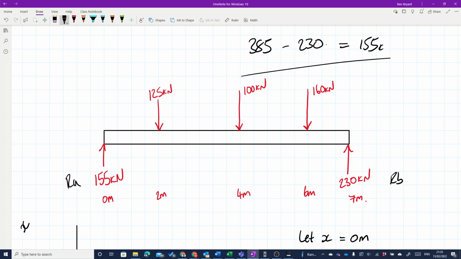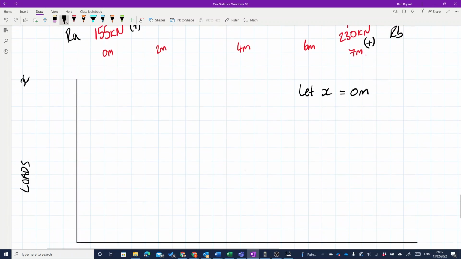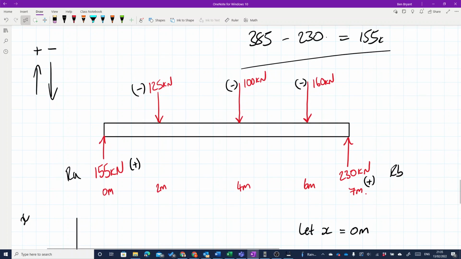So before we start, we'll have to get into the habit of working out which up and down values are positive and which are negative. In mechanics, anything coming up is positive, anything pushing down is negative. So these symbols, the point loads, would all become negative, and my reactions would become positive. So if I let x equal 0, at my 0 meters, I've got positive 155 kilonewtons of